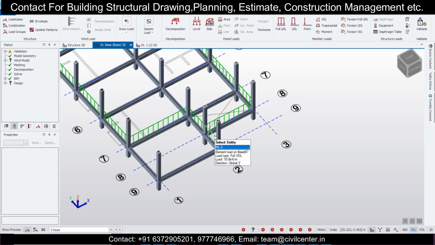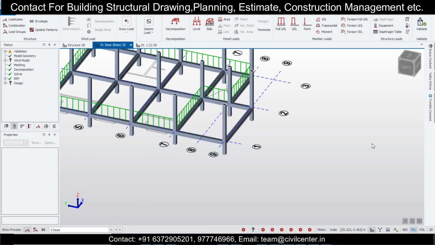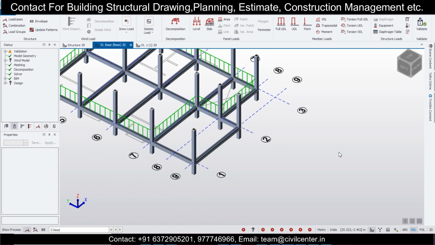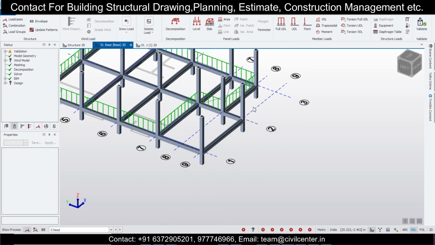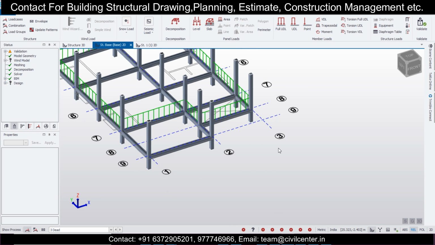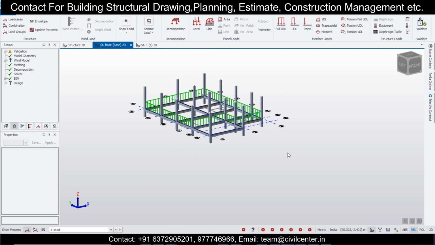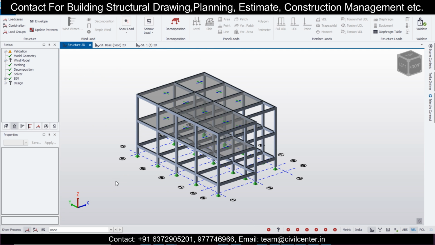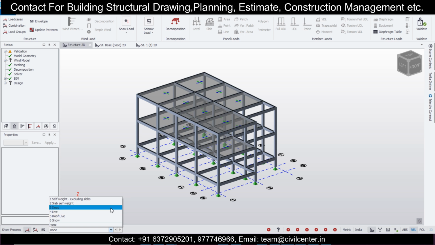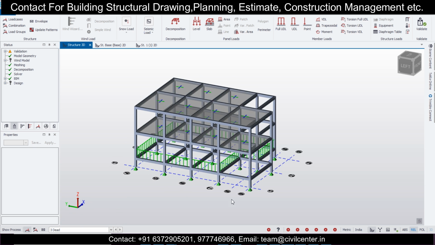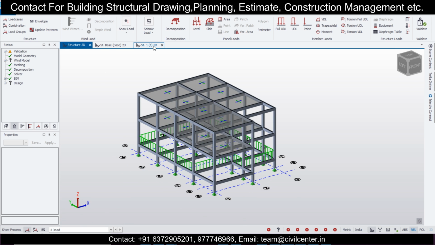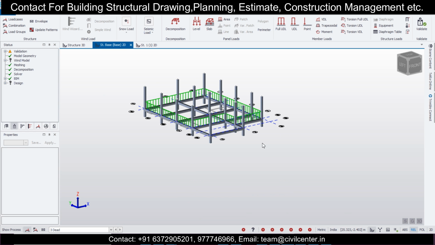In this portion also you don't have any wall. So like this you can give all the things very simply. If you want, you can avoid this column also, because it is very close, but I've given it anyway. Let's continue. So you can just go to the structure 3D and turn on the dead load here, and from here also you can see the loads, so you can check whether the loads have been properly applied or not. Go to structure 1 or structure base and we'll apply the internal wall load.